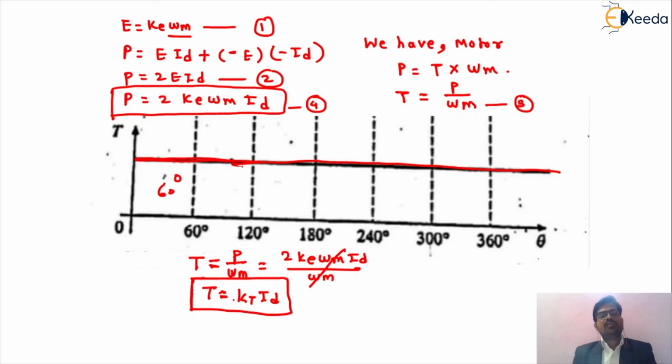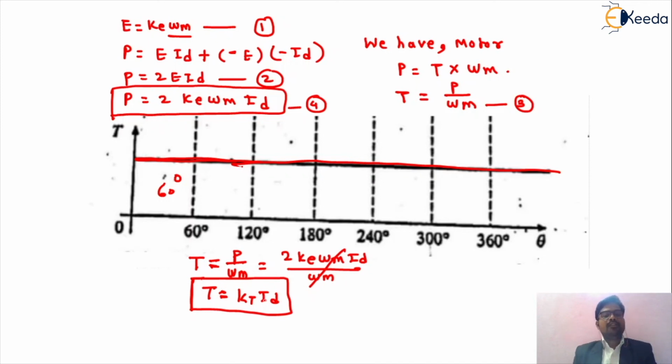BLDC motor is proportional to the value of current. While we are changing the value of current, obviously the value of torque should be changed, and the value of the current will be changing according to the induced voltage, and the induced voltage will be controlled by the power modulator. This power modulator will be getting the signal from the different Hall effect sensor commutation circuit. So friends, in this way we can control the torque of the BLDC motor by changing the value of the current.